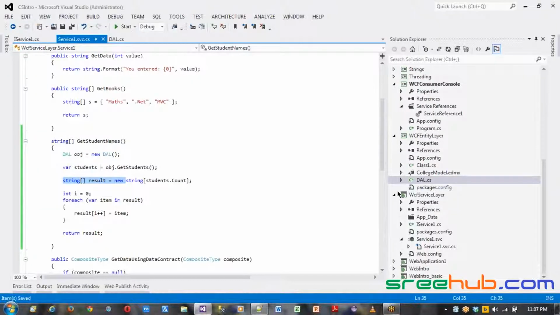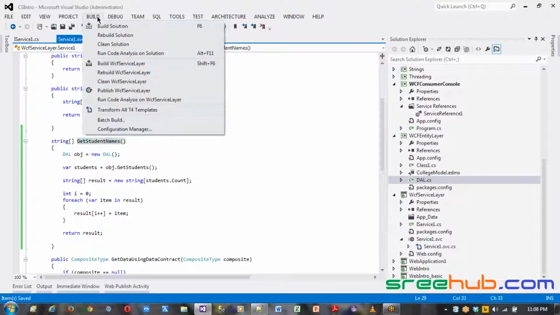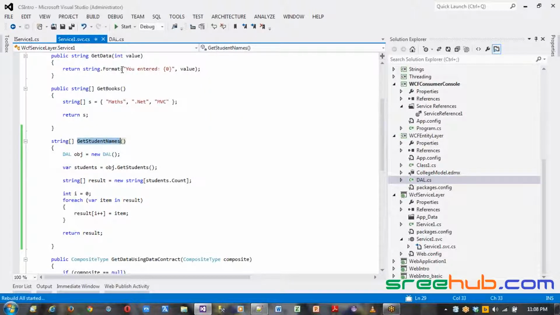Now that's what we are doing here. It will actually talk to entity layer DAL, and from DAL it will talk to the college EDMX and then to the database and get the data back. Right now my GetStudentNames is ready. Now let's see how I can actually use it here. So let's run this project, which is my WCF layer. So as soon as I run, my new